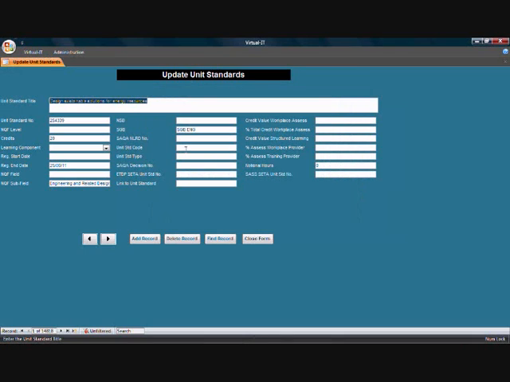When we click on unit standards, it takes us through to the update unit standards window. Now in here you'll see that it's got the summarized information that comes from the SACWA website. When the system, or the LMS, is delivered, it'll have the latest number of unit standards already in it. Now if you want to update these unit standards on a regular basis, say every 2 months or so,